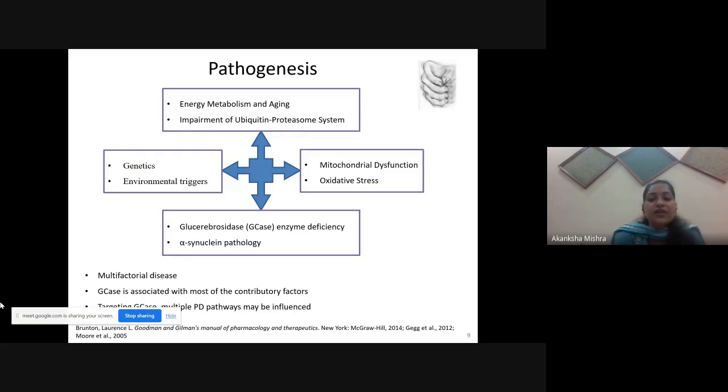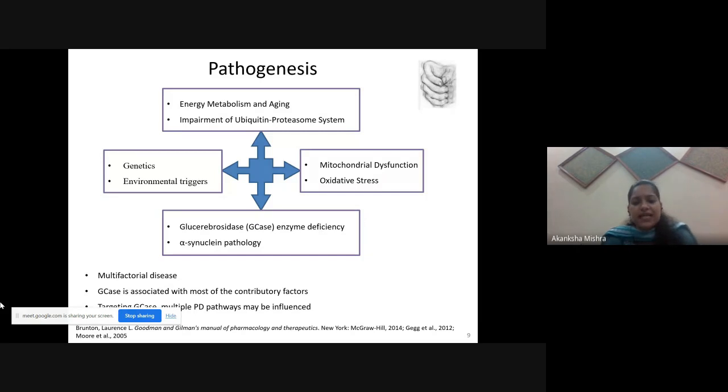Then mitochondrial dysfunction, because it is the powerhouse of the cell. So any dysfunction in mitochondria will lead to cell death, and ultimately there will be loss of dopaminergic neurons. And then oxidative stress. Oxidative stress is related to most diseases. It is a very simple phenomenon that in our body there is a balance between antioxidant system and oxidative stress. But as the age goes by, or in PD patients, there is imbalance between these two, oxidative stress and antioxidant system. So when oxidative stress dominates this antioxidant system, there are chances for PD to happen.